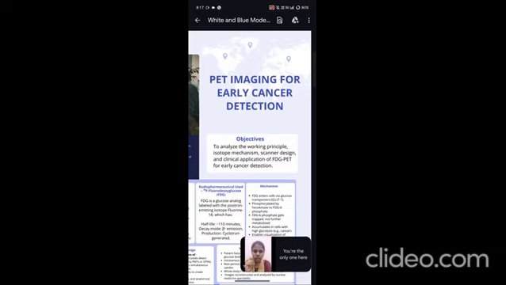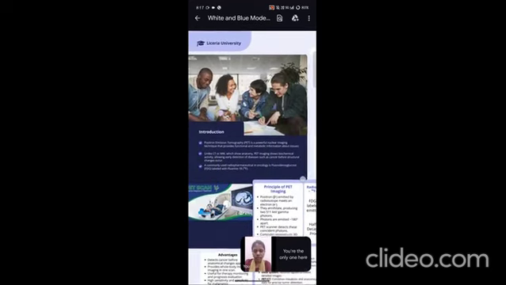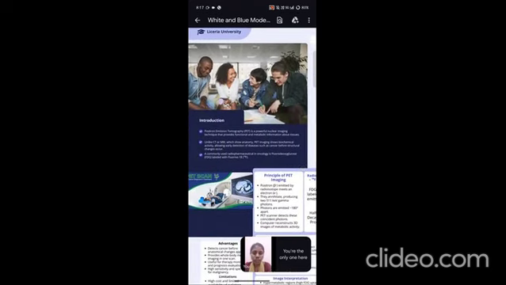I'm here to discuss the topic PET imaging for early cancer detection. The objective of this topic is to analyze the working principle, mechanism, scanner design and clinical application of PET imaging. In the introduction, first of all, the full form of PET is positron emission tomography, which is